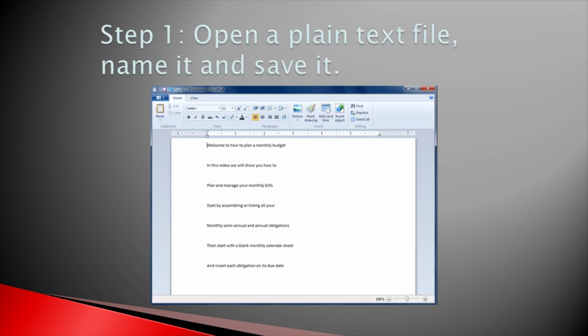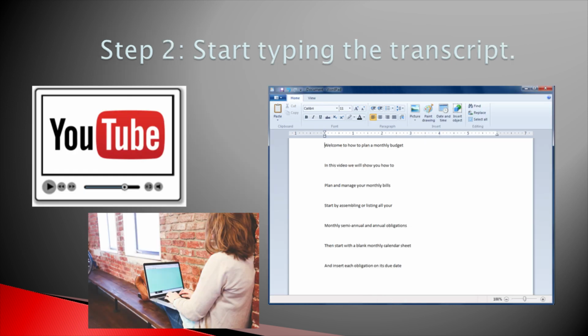Step 1. Open a plain text file, give it a name, and save it. Many text editing programs will automatically default to rich text. Make sure you save the file as plain text, not rich text. Step 2. Start typing the transcript. Open the video and play it in small segments of about 4 or 5 seconds, hitting pause to type each